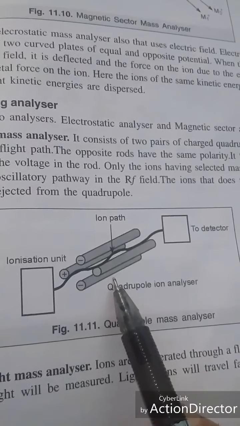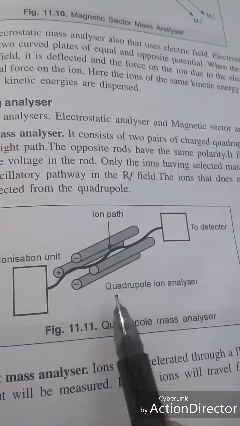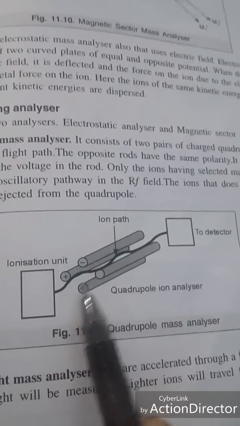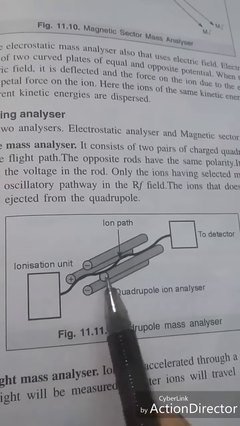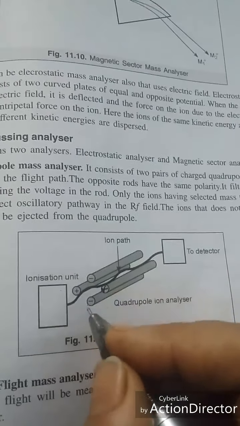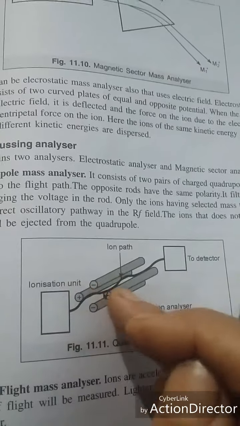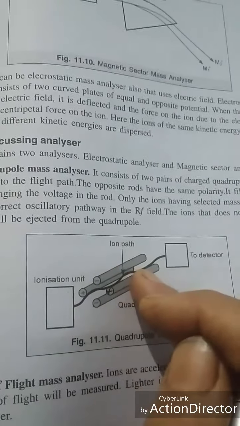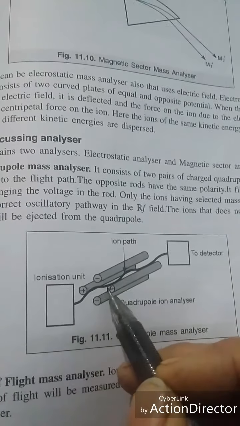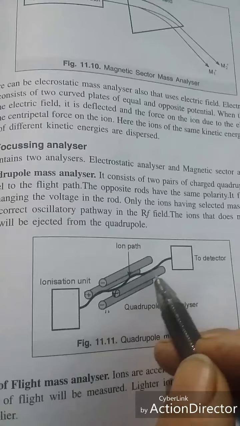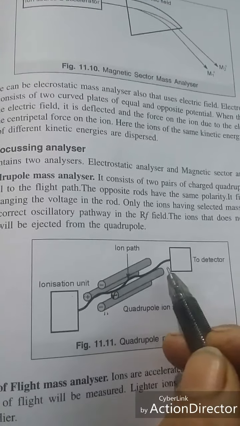These are the double focusing analyzer and the quadrupole mass analyzer. We call it quadrupole because it has 4 poles. Opposite poles are similar in charge. These 2 will be plus, these will be minus. So two pairs of charged quadrupole rods are there, which run parallel to the flight path. The opposite rods will have the same polarity, and it filters the ions according to m/e value by just